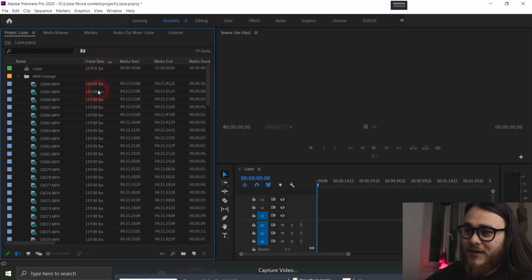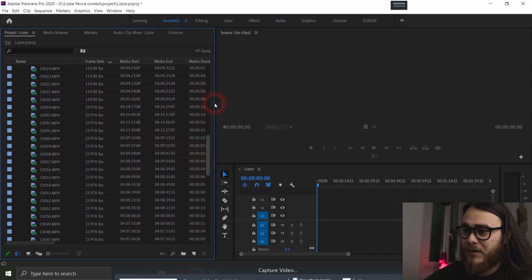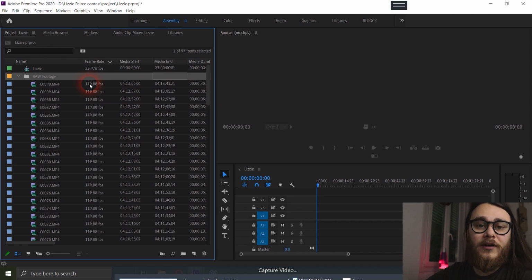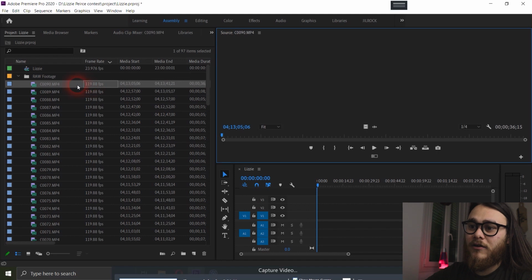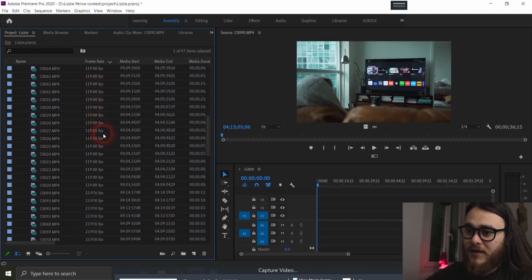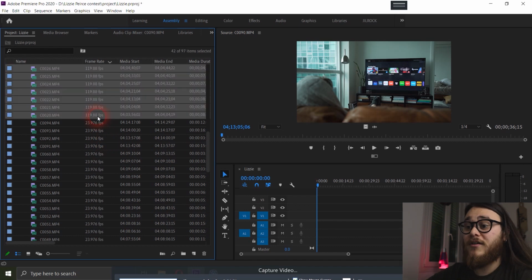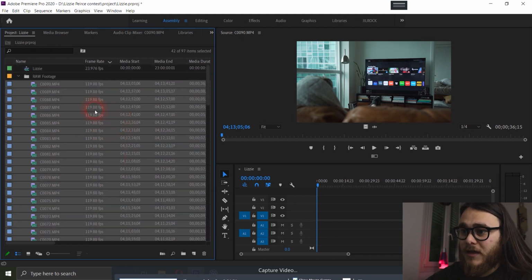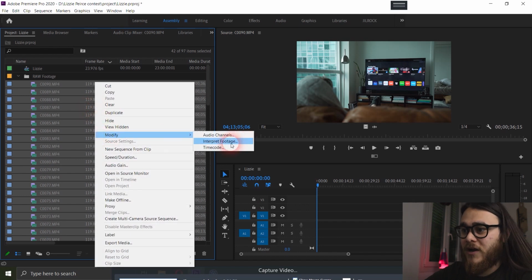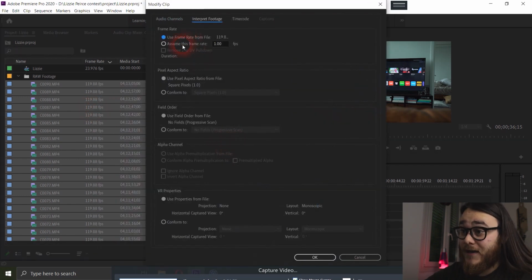And you see, when you click on the frame rate, you get all the 120 frames and other different frames first, like higher frame rate first. I want you to select all the higher frame rate files by clicking on the first one and then going to the last one, holding shift, click, and you've selected everything. Right click on them, modify, interpret footage, and I want you to go to assume this frame rate